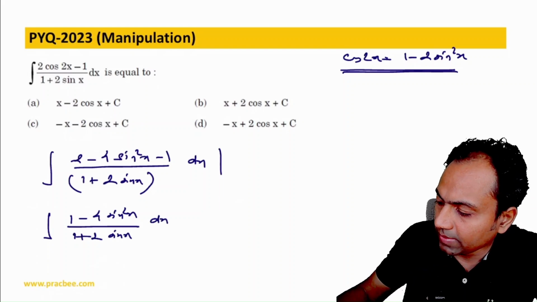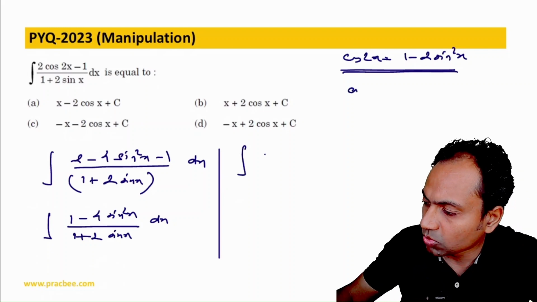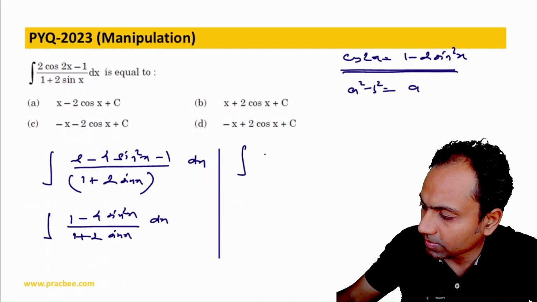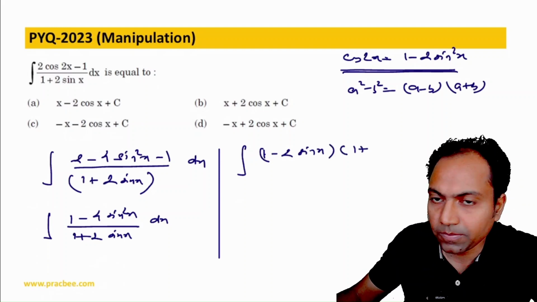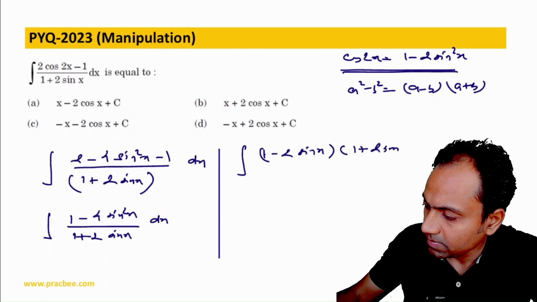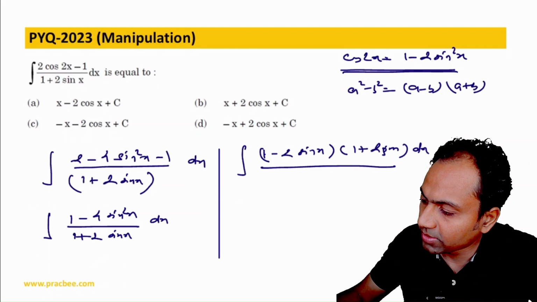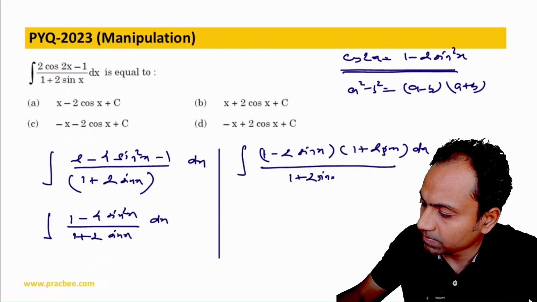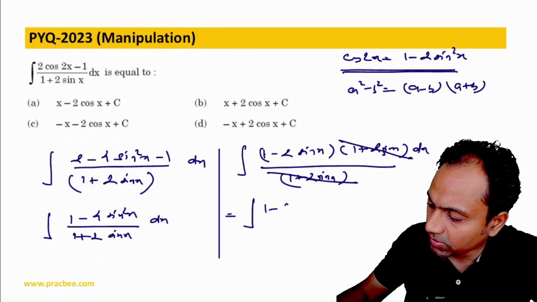dx. And now in the next step, it is very simple. I can apply the formula of a square minus b square in the numerator. It becomes a minus b into a plus b. So we can write the numerator as 1 minus 2 sine x into 1 plus 2 sine x dx. And then in the denominator, what we have is nothing but again 1 plus 2 sine x. So this term will get cancelled out, and what we are left with is nothing but 1 minus 2 sine